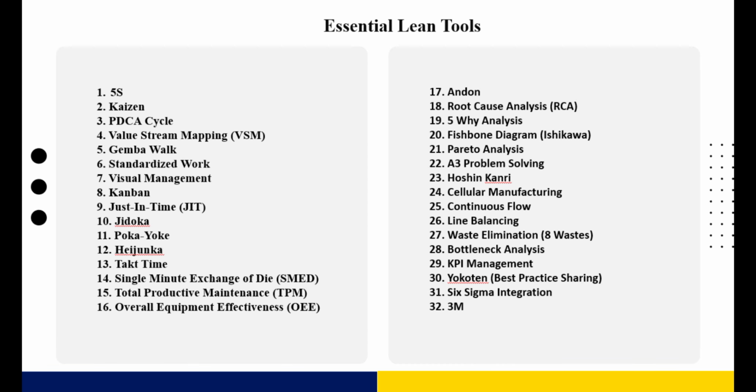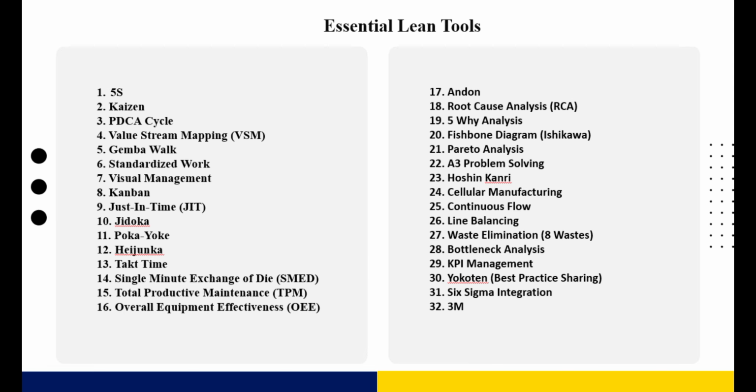The lean manufacturing tools are 5S, Kaizen, PDCA cycle, value stream mapping or VSM, Gemba walk, standardized work, visual management, Kanban, just-in-time or JIT, Jidoka, Poka yoke, Heijunka, takt time, single-minute exchange of die or SMED, total productive maintenance or TPM, overall equipment effectiveness or OEE, Andon, root cause analysis or RCA, 5Y analysis, fishbone diagram also called Ishikawa, Pareto